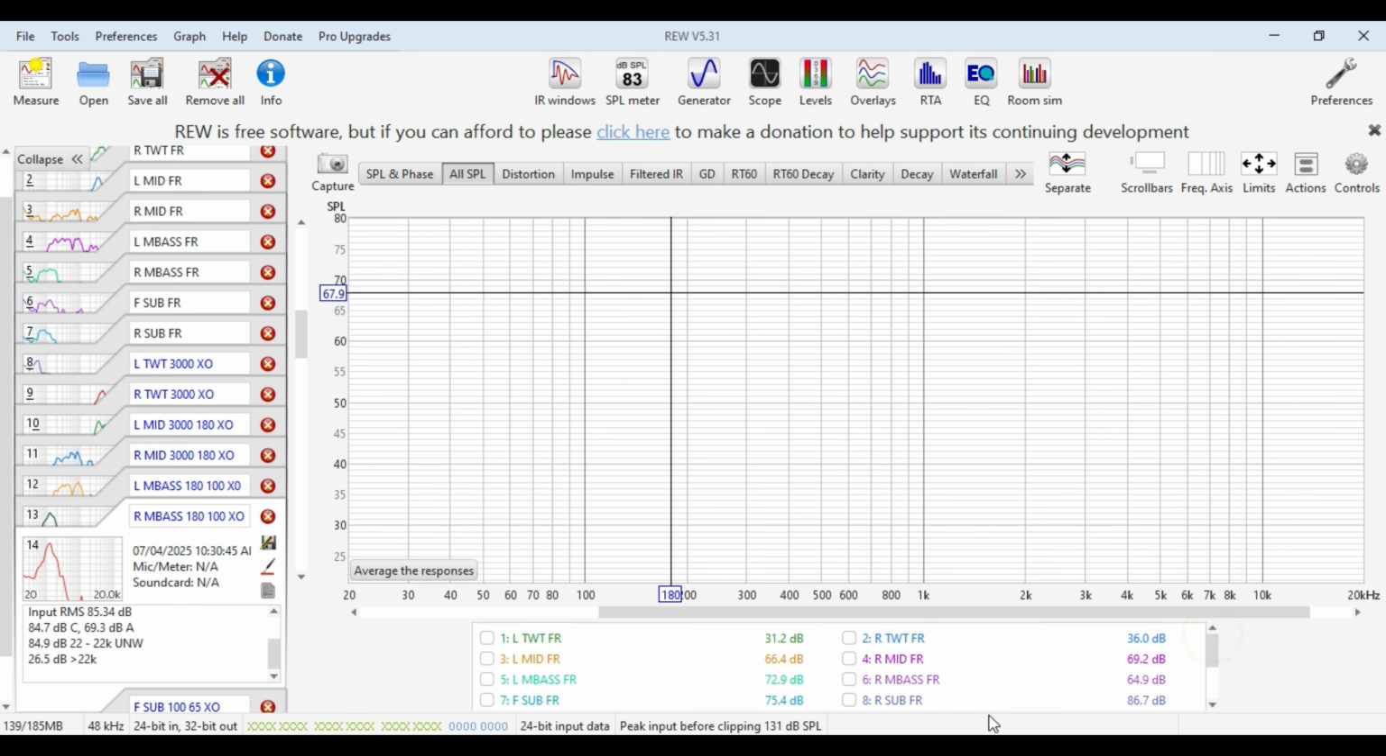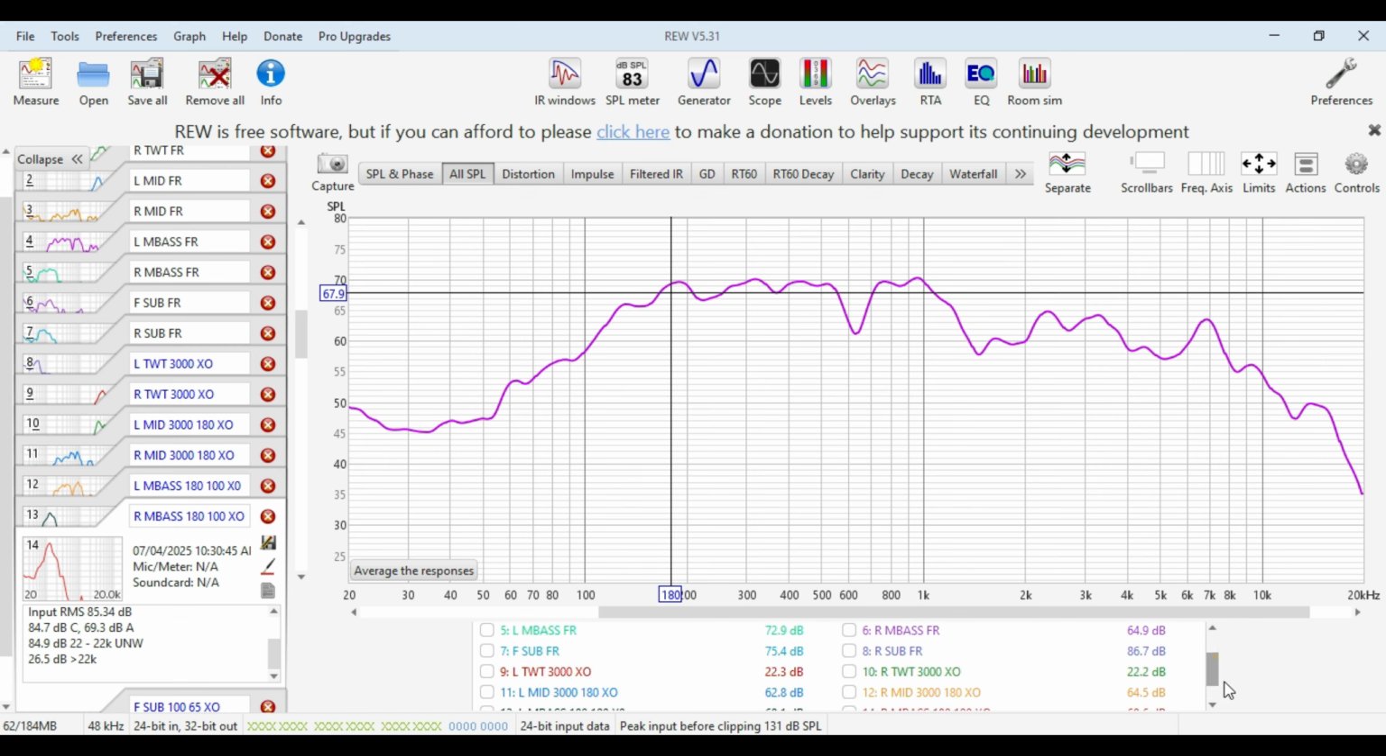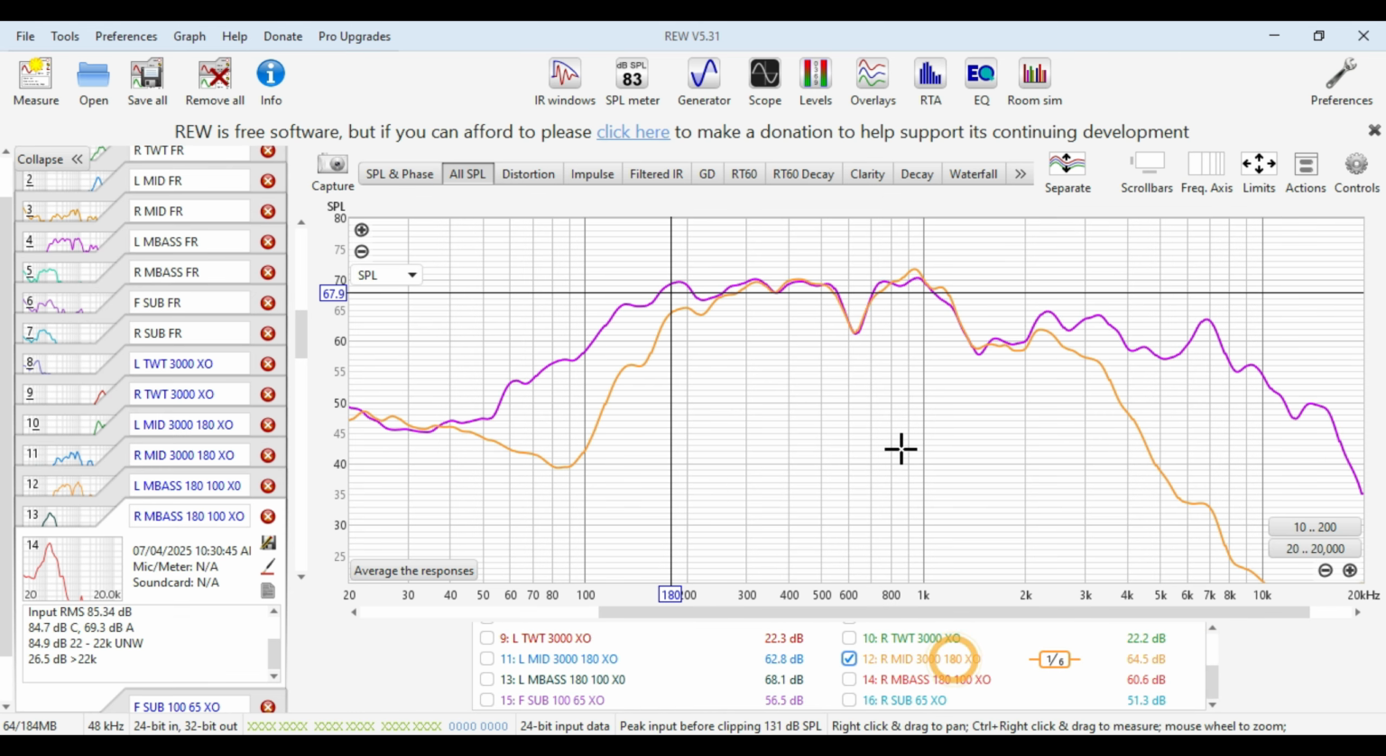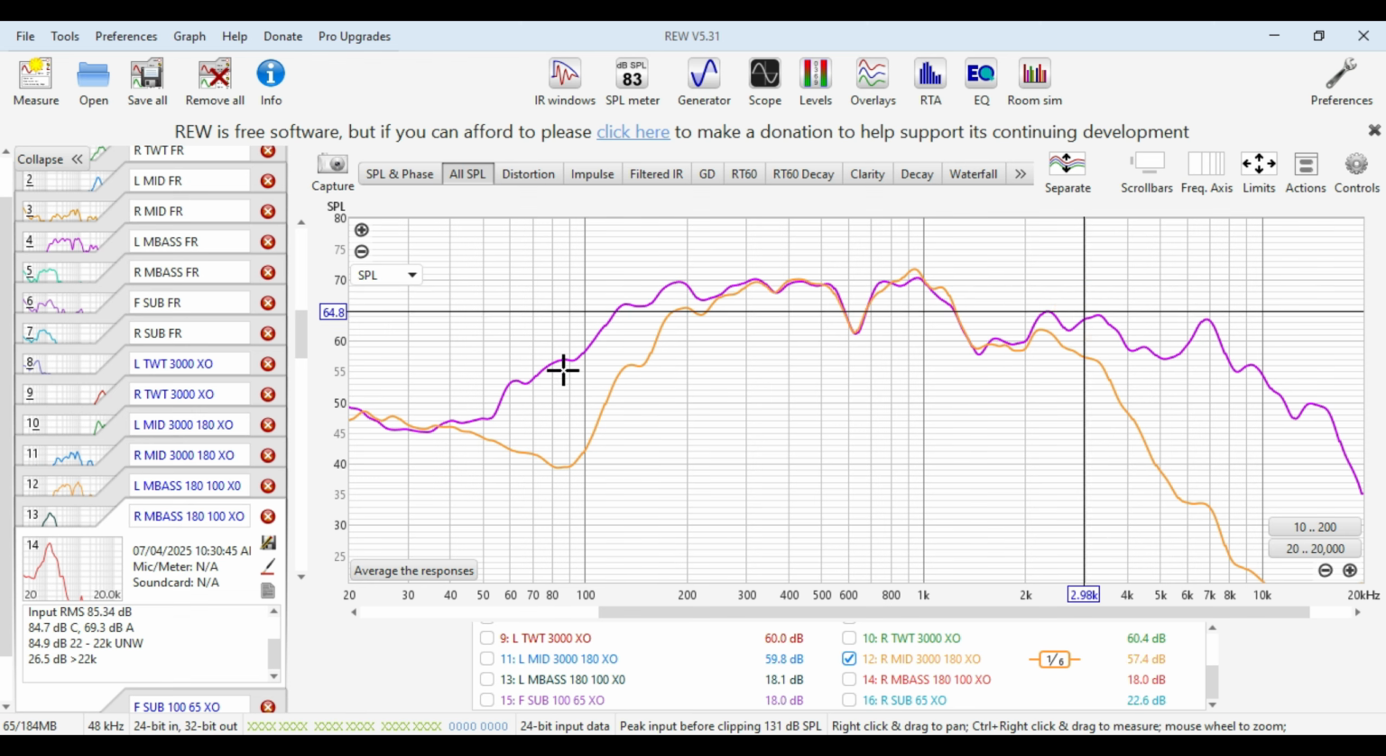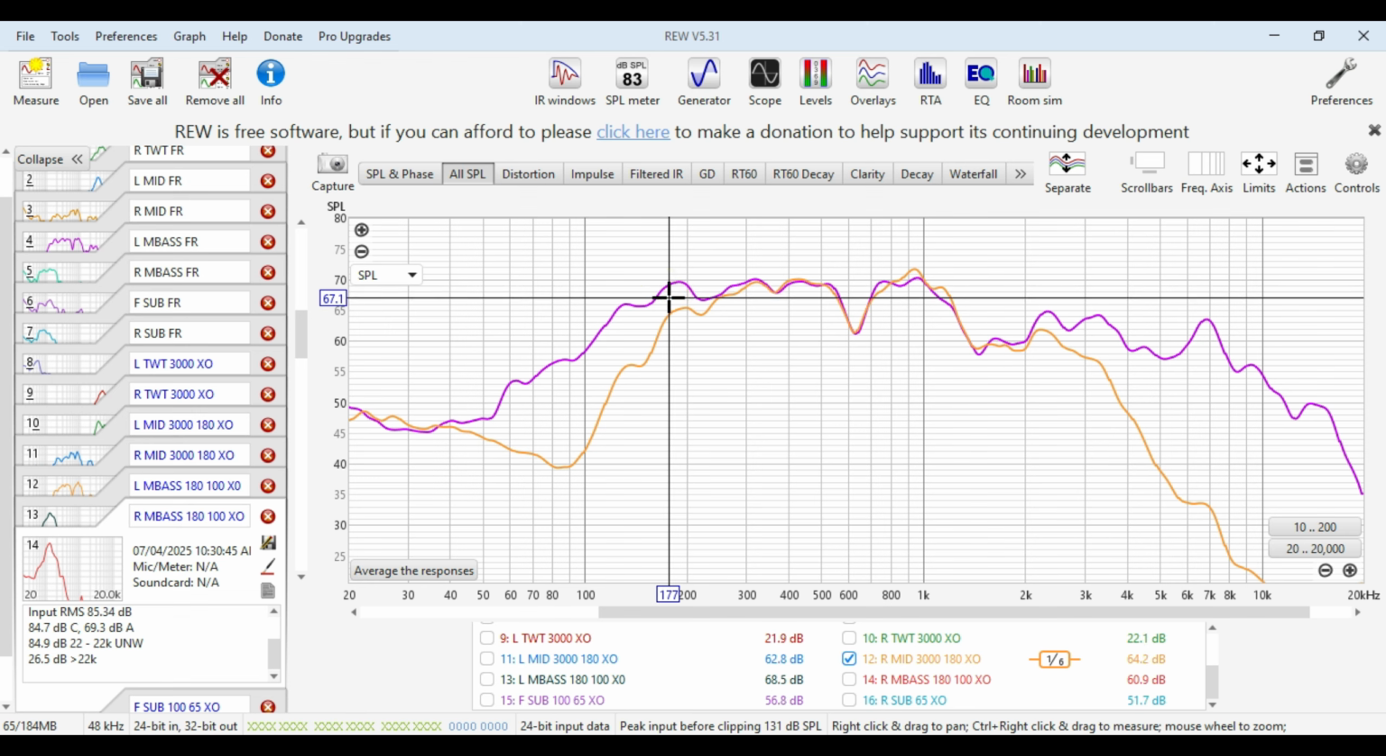the right hand mid in full range, and the right hand mid with the crossovers in, and once again we've got 3000 and we have 180, so let's pull back all of this level. So they're the mid ranges. They look